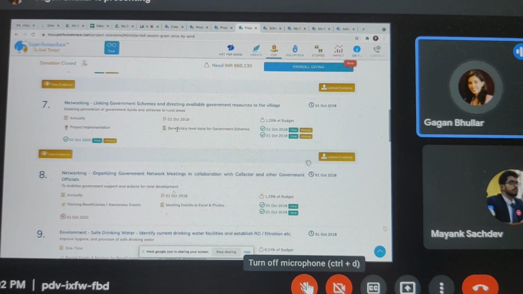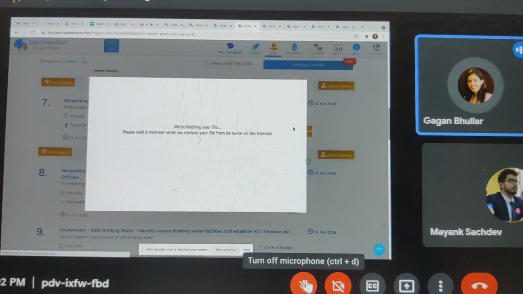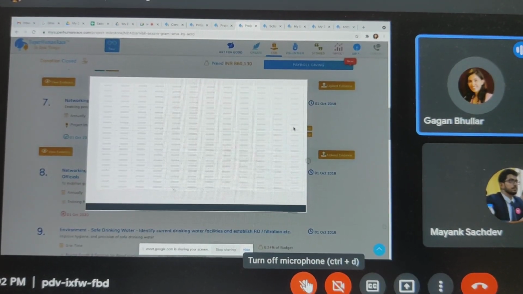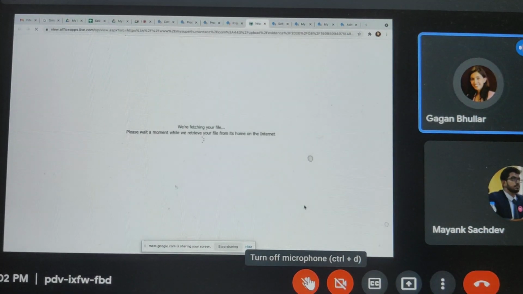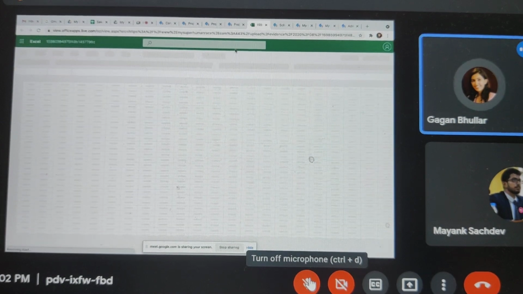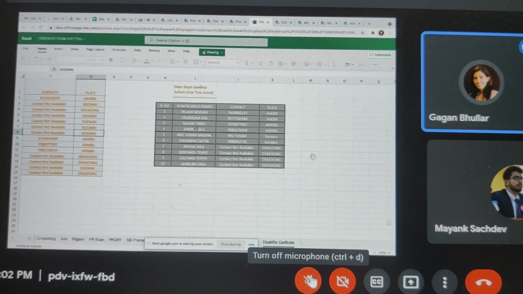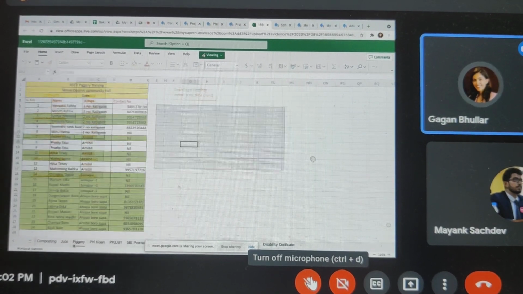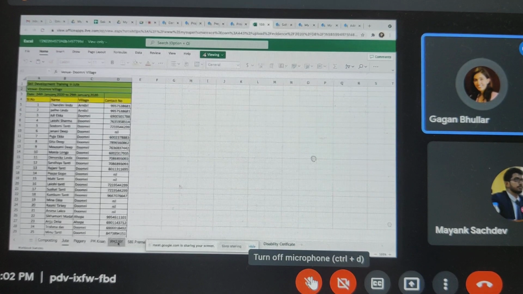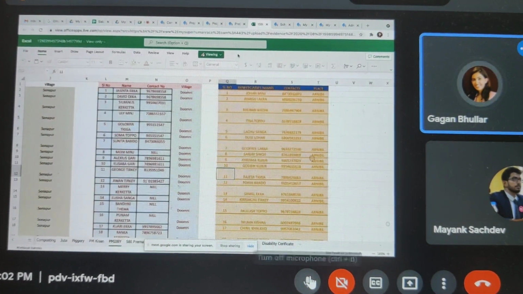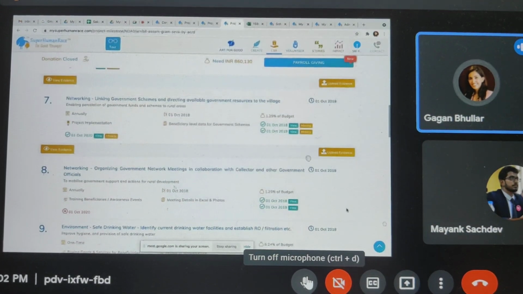They had said that the evidence they'll provide is beneficiary level data for government schemes, but the evidence could also be a geotagged picture, or a quarterly or annual report that is submitted, and so on. And the great thing is that, if it is an Excel file like this, you can see it just like you would see a normal Excel file. So they are able to upload the entire file and you can look through it and either approve or reject it. All of that workflow automation is built in here.